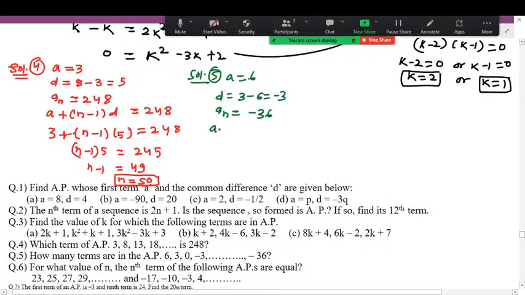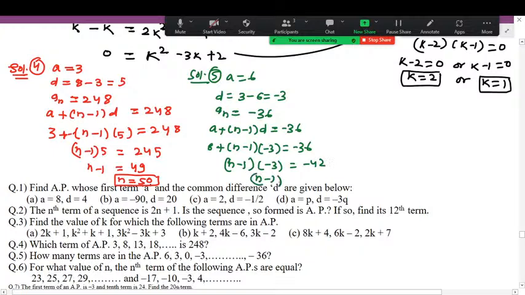You will apply the same approach, a plus n minus 1 into d, and here you will be able to figure out a is given to you, n minus 1, d is given to you minus 3, and it's minus 36. Further, if you just subtract 6, it will be minus 42, and further if you divide both sides by minus 3, it's coming out to be